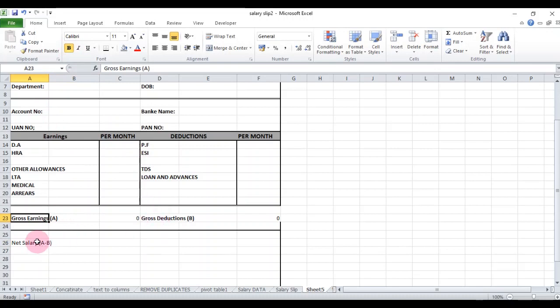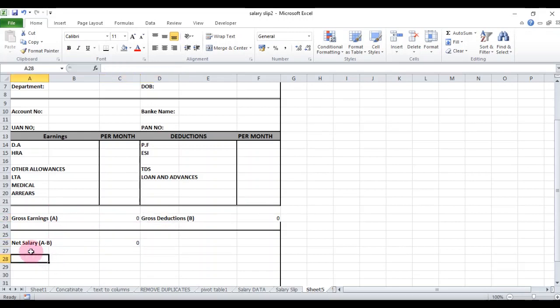Bold, also bold this. Here you can put a formula, this minus this. The net salary after deducting all the deductions.